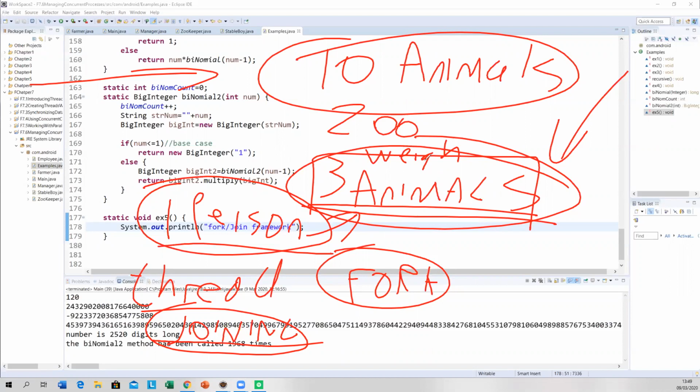What joining is, it's usually called after a fork, and it causes the current thread to wait. Whatever the join, there's some task here that has to be accomplished before this thread will run. So it's the equivalent of a sleep, really.